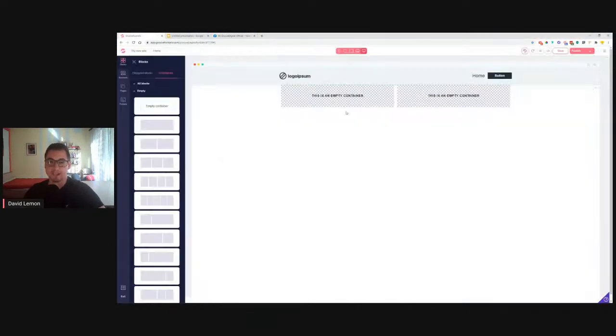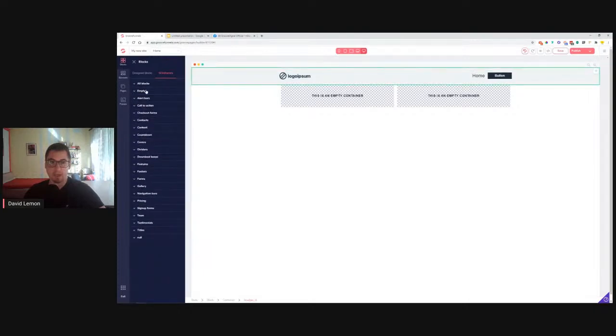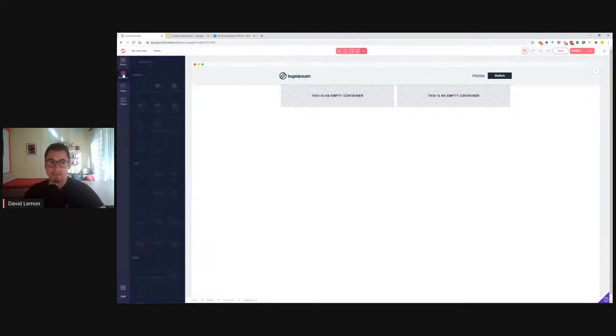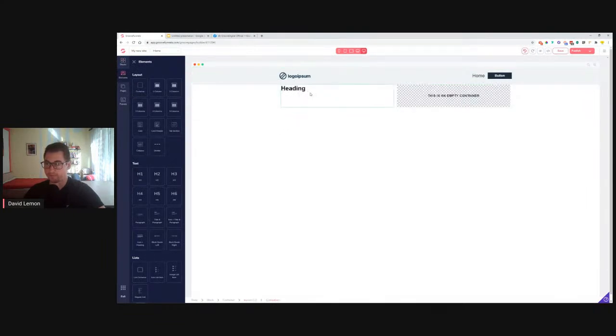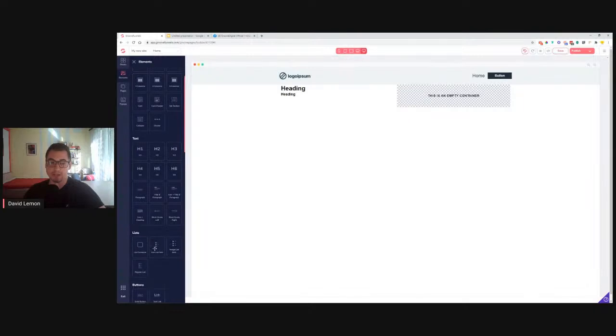What we need on this side is some header. So you come over here to the Elements tab, and then you pull in some text element. I will choose heading 1. Then the next thing I will need is heading 3. This will be my subheading, and then different icons. What I was using on that page is icon list item. So when I pull it in here, it looks like this. I will try to do 3 of these icon list items on my page, but for now I will just leave 1,